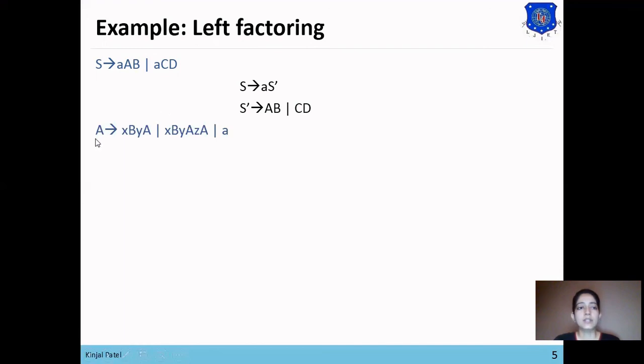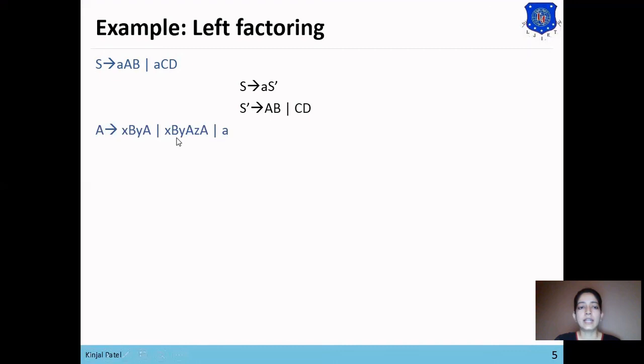Second example. Here you can see our common prefix between the first and second alternative is more than one character. X is common, B is common, Y is common, and A is also common between the first two alternatives. So XBYA is the common prefix.